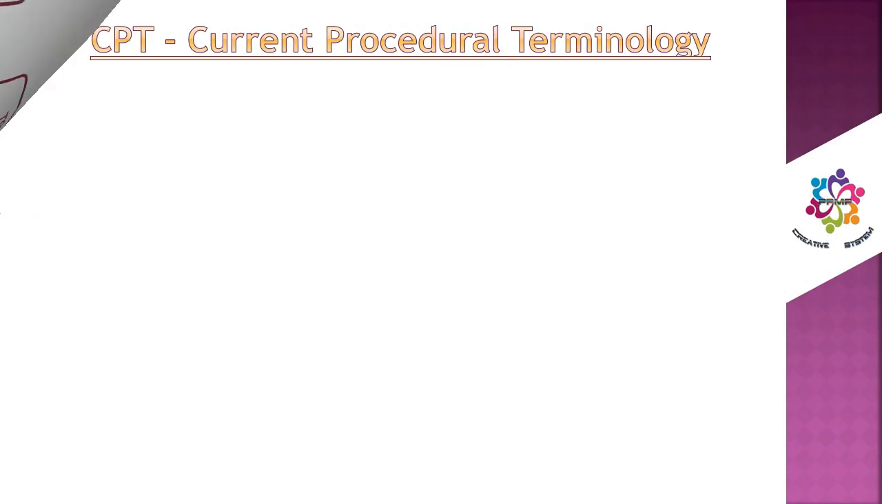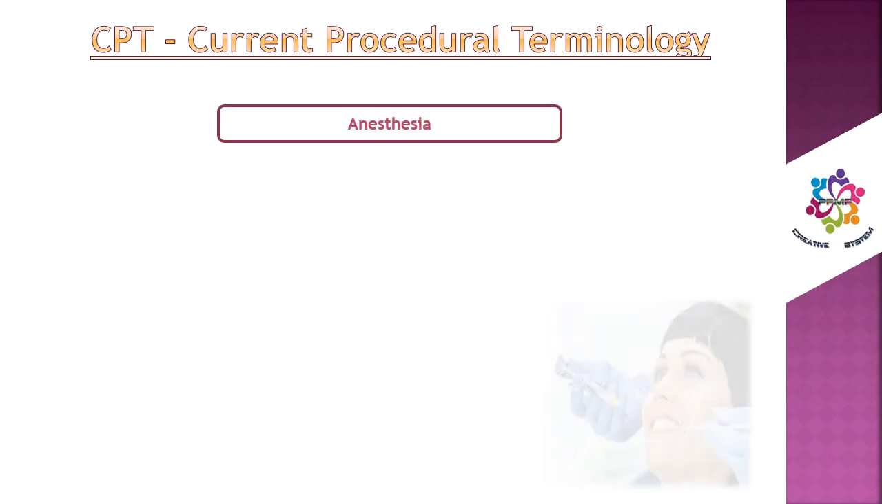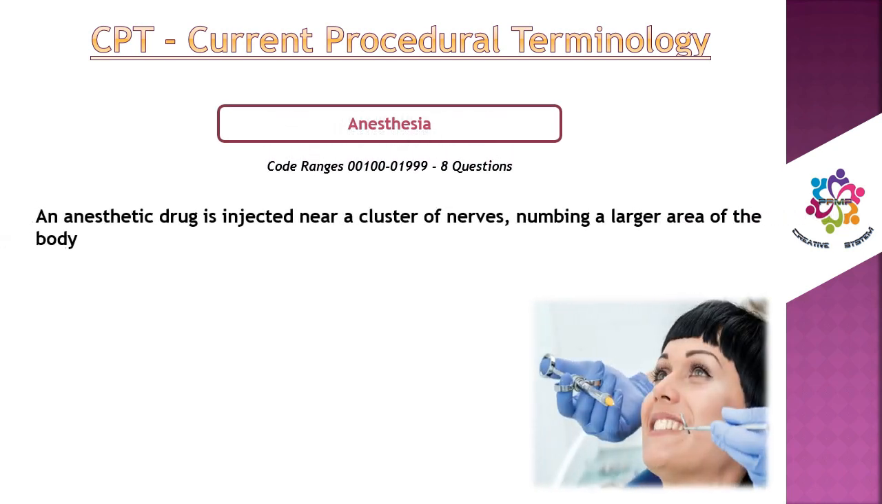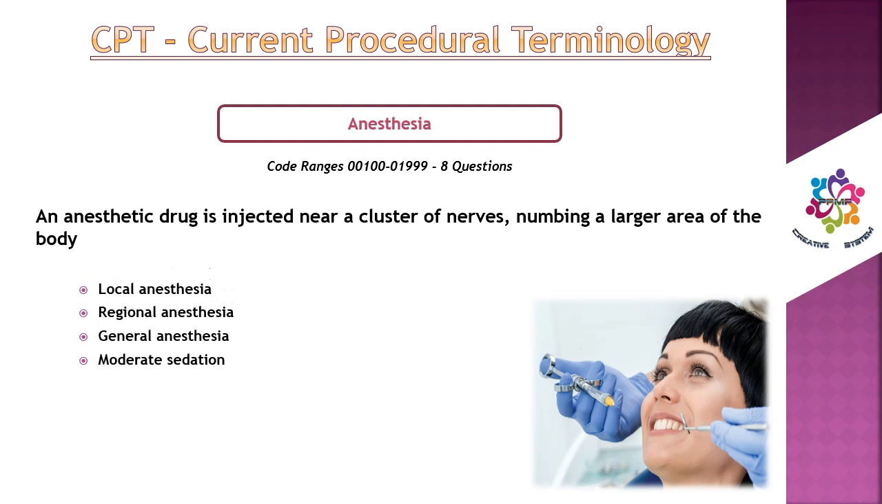Let's see. First we see what is meant by anesthesia and how it works. The anesthetic drug is injected near a cluster of nerves, which helps to numb the body part during the procedure. Anesthesia is classified into local anesthesia, regional anesthesia, general anesthesia and moderate sedation. The code range starts from 00100 to 01999, in which we may expect around 8 questions